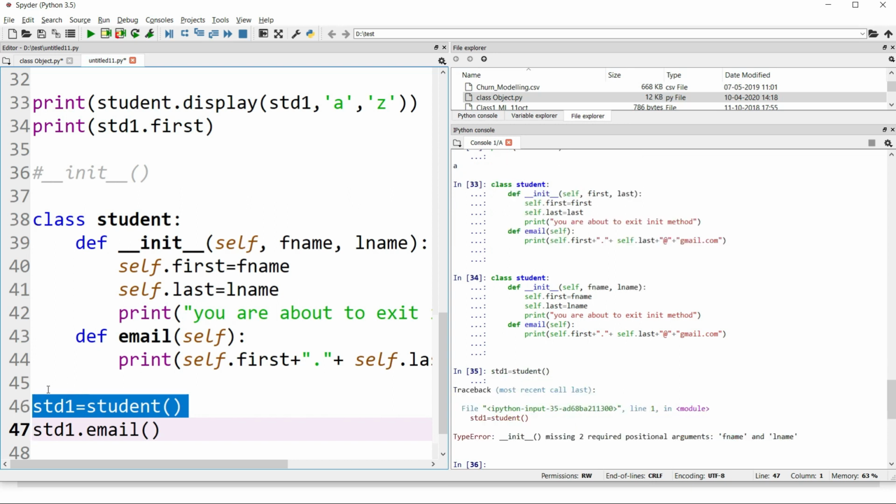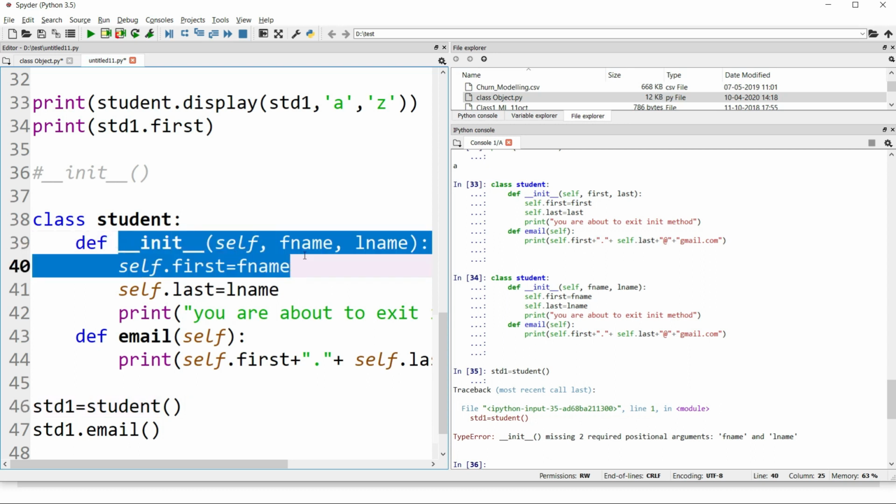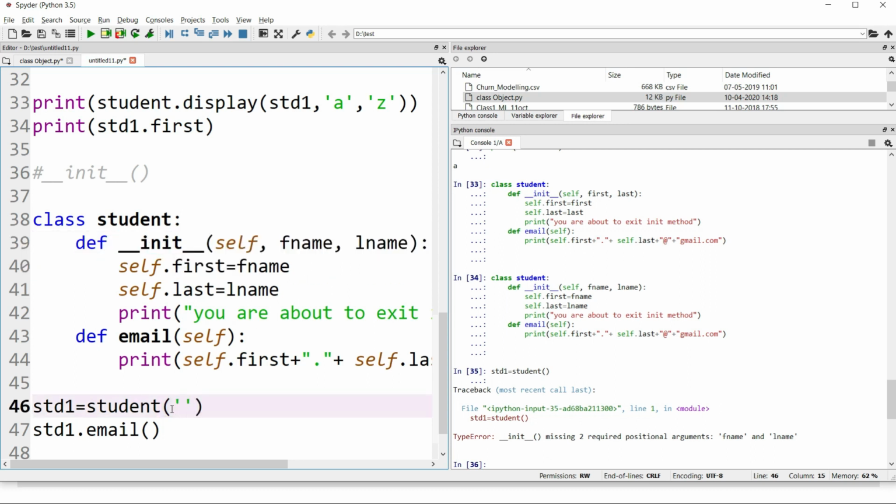When I instantiate this object, it shows me an error: missing two required positional arguments, fname and lname. Why? Because whenever you create an object of class Student, it will automatically call the init method, which requires two arguments, the first name and the last name. So here is the first name and here I pass the last name.